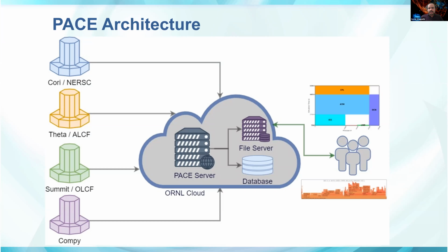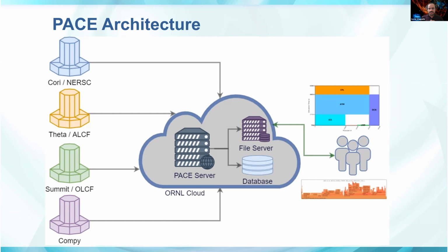So let me give you a brief overview of the architecture that we have. On the left, you have these different centers or supercomputing resources that E3SM project users use. On a typical machine, you have somebody configuring the model for a coupled run. That data is then stored in the project-wide performance archive location. That data is then uploaded into the PACE database. The way that works is in the middle, you have a set of resources, all deployed in the Oak Ridge private cloud.